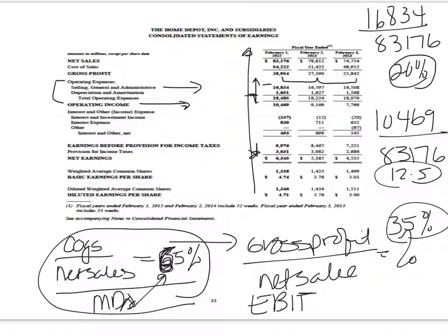Okay, so as we move down the line here, we're next at earnings before provision for income taxes. So this is earnings before income taxes. Income taxes paid may often differ between the expense because of deferrals, and the effective tax rate is the ratio of income taxes to earnings before income taxes. So if I wanted to look at this, I would take the income tax here, which in our case is